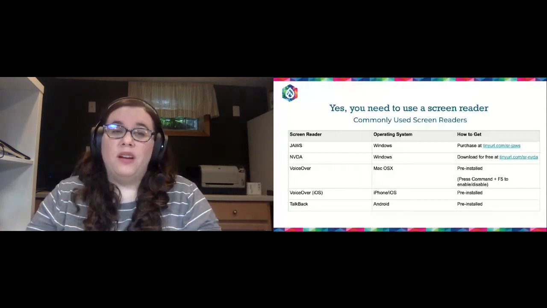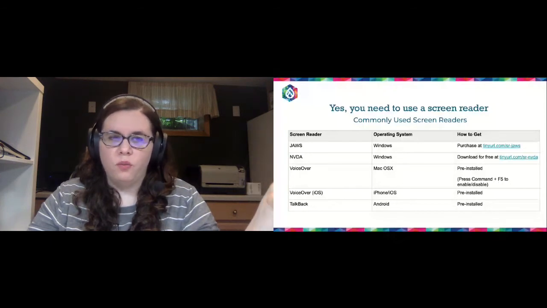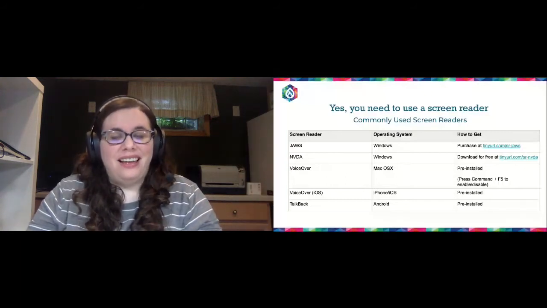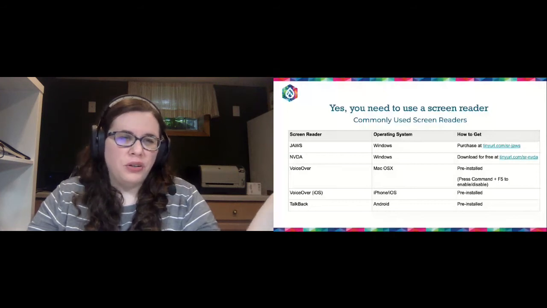I will say it is one of the more commonly used screen readers. For a very long time, it was the number 1. That's dropped a little bit. NVDA is, I believe, a couple tenths of a percentage point more popular now. So do what you can. I'd say it is important to test with it because it does have some different behavior than other screen readers.